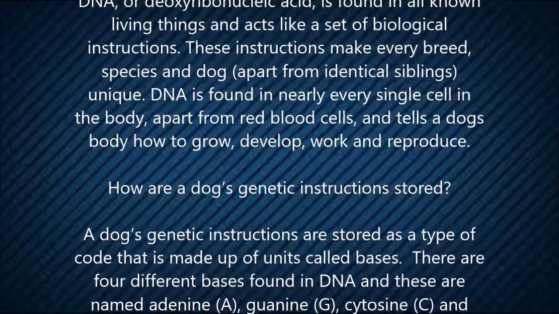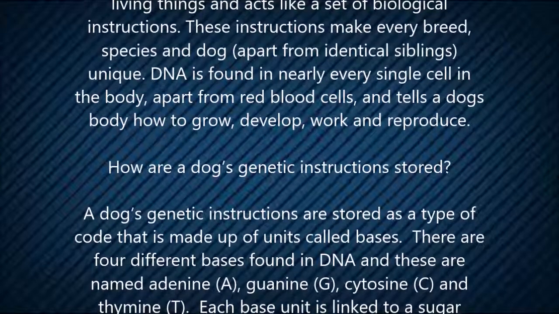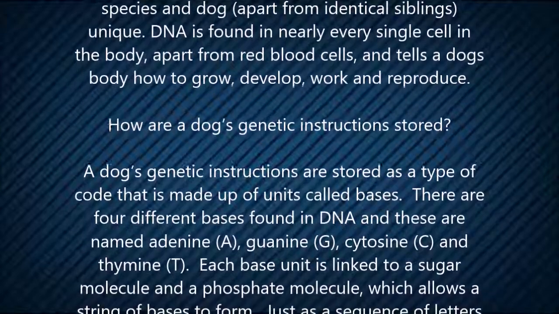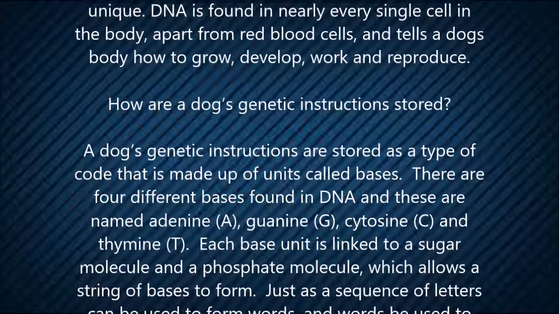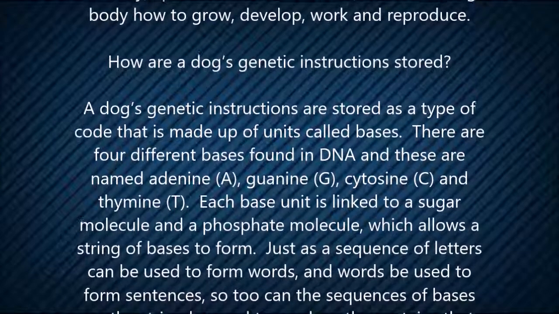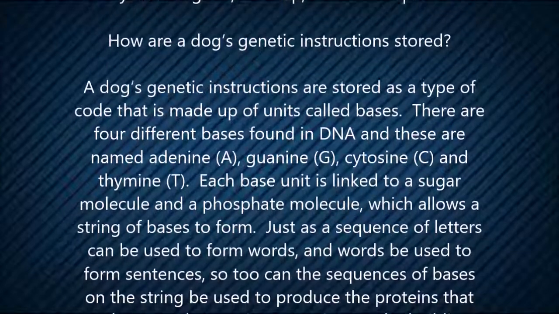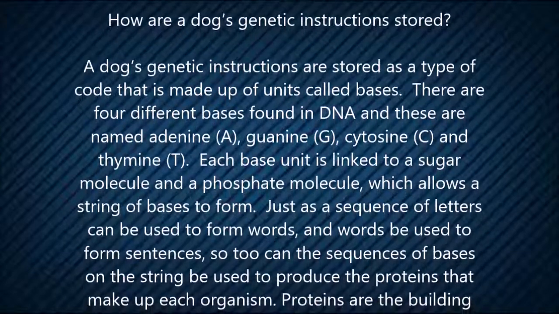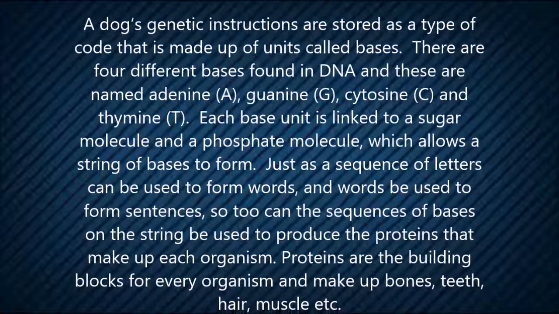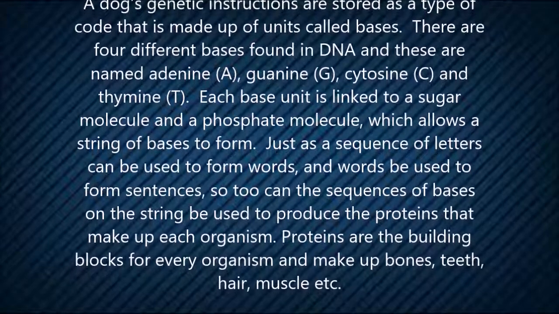How are a dog's genetic instructions stored? A dog's genetic instructions are stored as a type of code that is made up of units called bases. There are 4 different bases found in DNA, and these are named adenine, A, guanine, G, cytosine, C, and thymine, T. Each base unit is linked to a sugar molecule and a phosphate molecule, which allows a string of bases